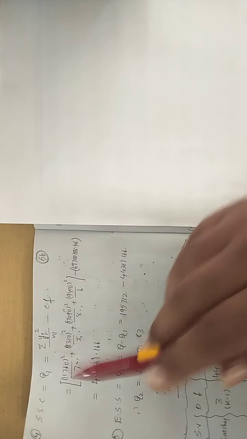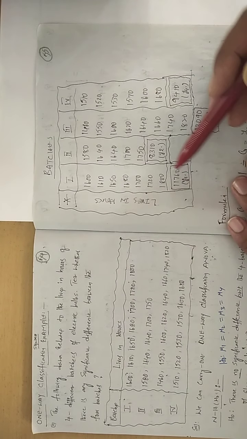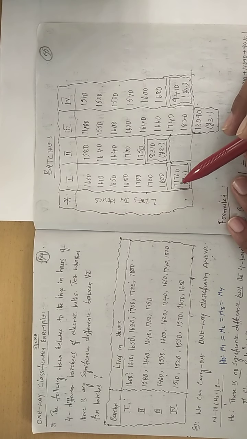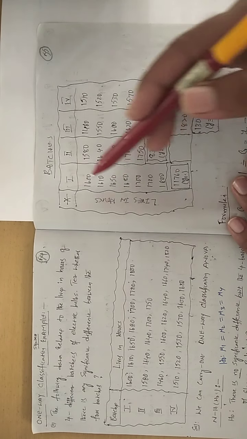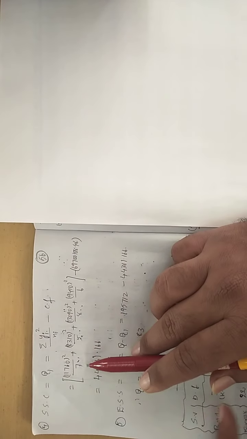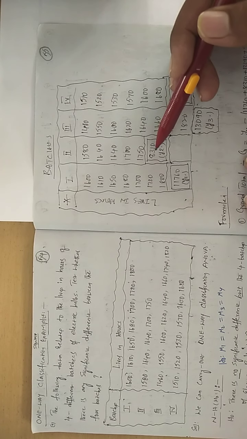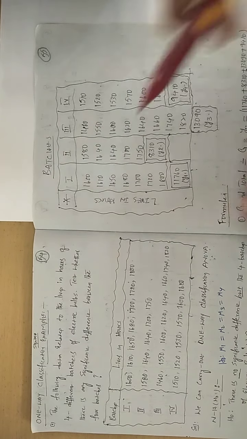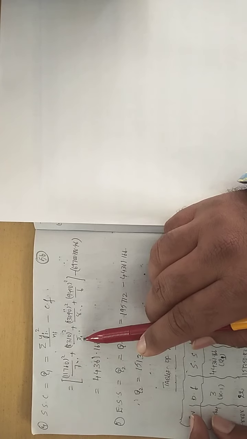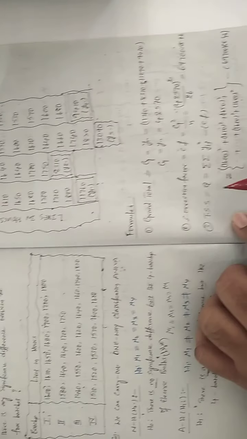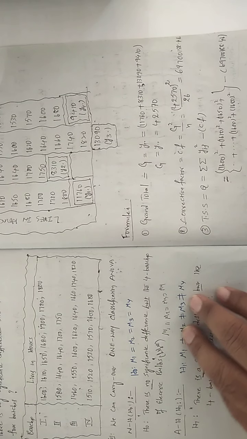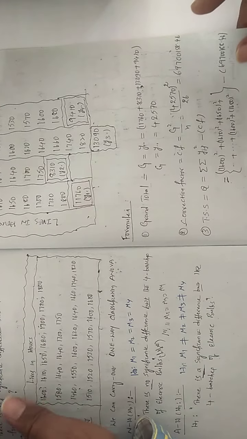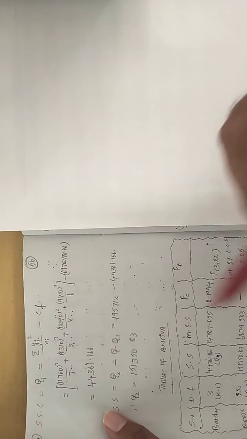So what is that? Only the totals. The total of this column: 11760 square, whole divided by the number of elements. Now here the total of this column 8310, whole divided by the number of elements 1, 2, 3, 4, 5. So 5. Be careful, only for total sum of squares you are taking the individual squares. Understand? For the remaining, you are taking only the overall totals. That point is very important.